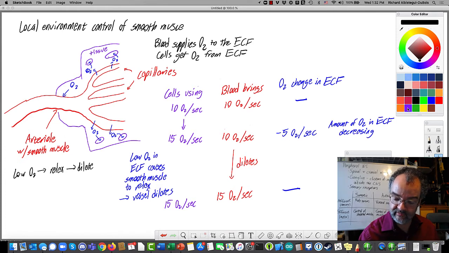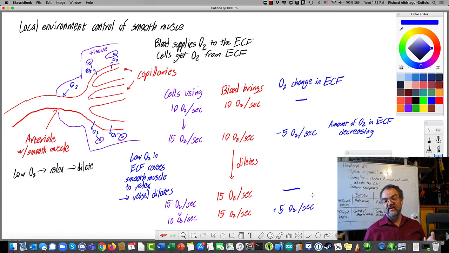So what if that tissue then stopped using so much oxygen and went back to 10 per second? Well, now, if we're supplying 15, but we're only burning 10, then now oxygen is building up. We're supplying more oxygen than we need, so it's starting to build up in the tissue. That's also not good, mostly because it's a waste. There's probably other tissues elsewhere which could use that oxygen. So what we want that to do,